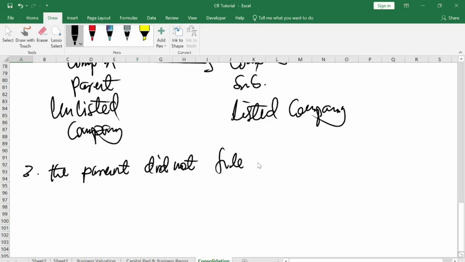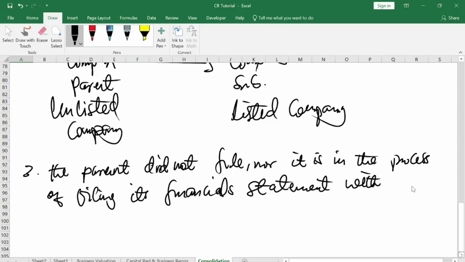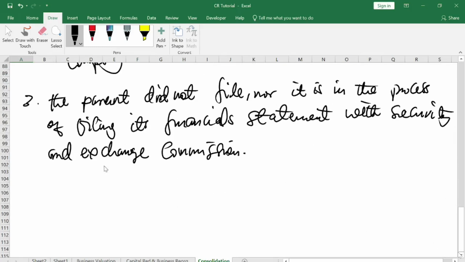And then the parent is in the process of filing its financial statements with the Security and Exchange. So what this means is that if the parent doesn't publish its financial statements or does not submit them,